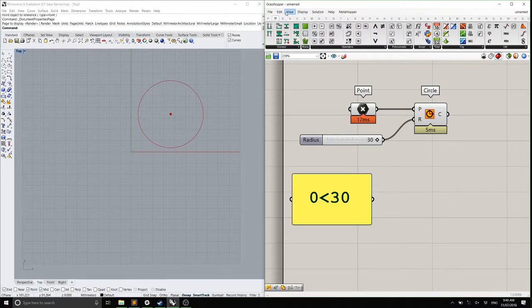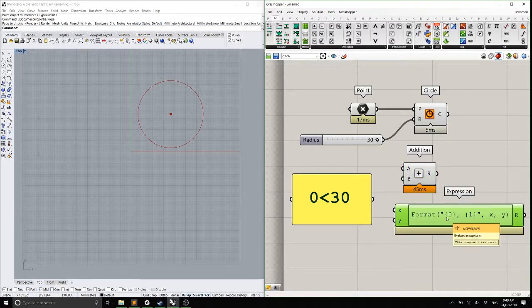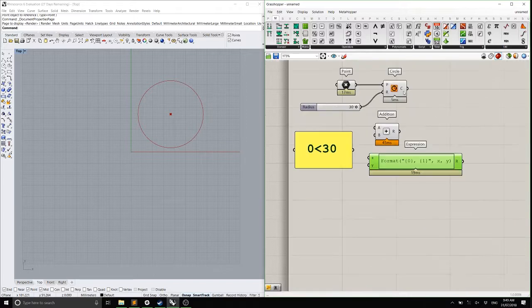Actually, there's about 10, but the plain and simple way is by using the addition component. But I rarely use addition components. My go-to is the expression because the expression can do any mathematical function while addition can only do adding. So if I quickly